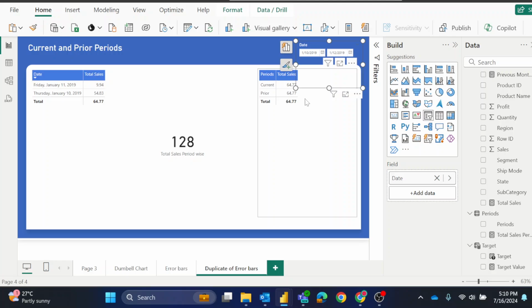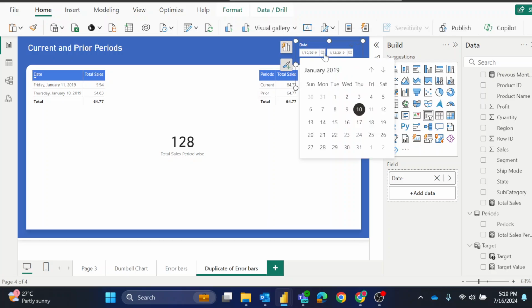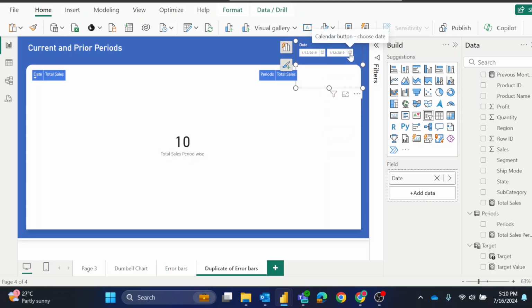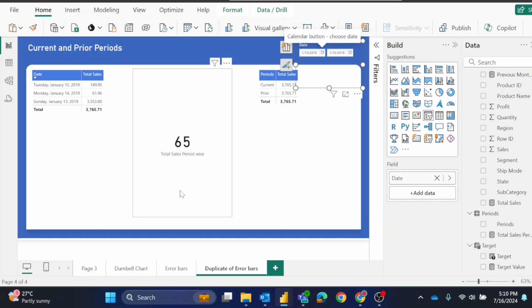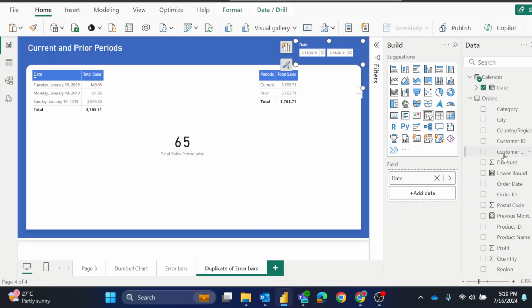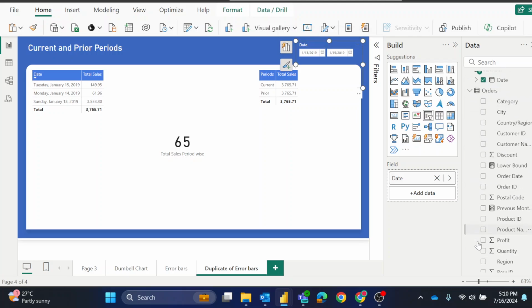So which I had 65 in my result. So this is accurate. 13 to 15. Wait. Yeah, 65. Okay. So now